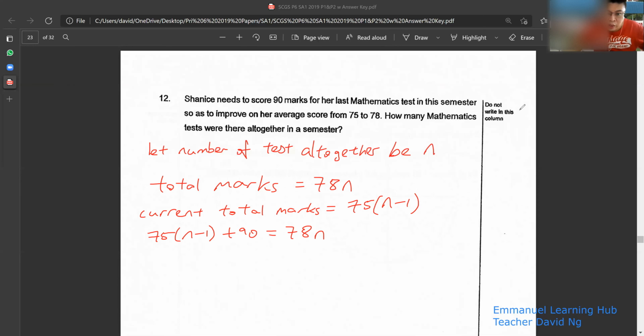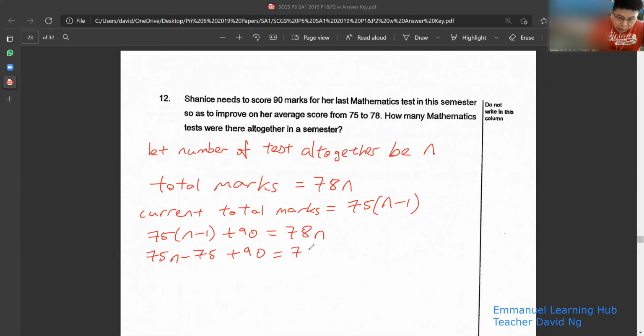Yes, very good. You understand. So let's try to solve this equation. When I open this bracket, 75N minus 75 plus 90